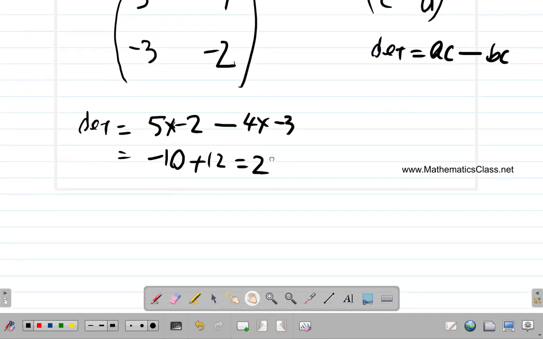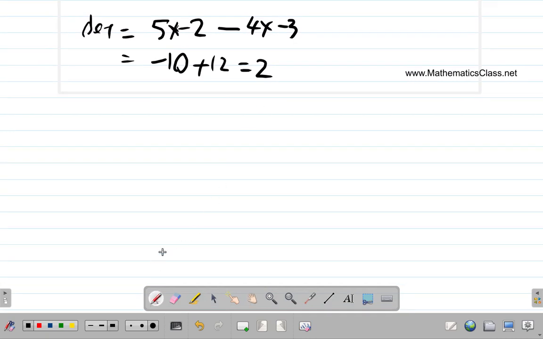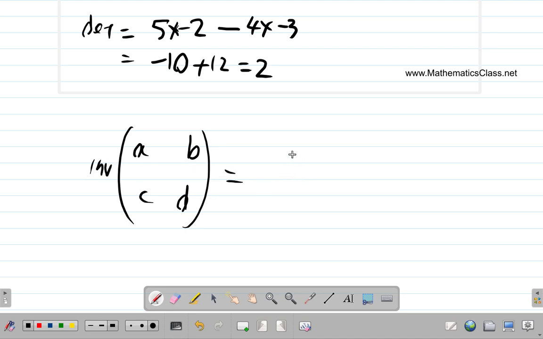Now generally, the inverse of A, B, C, D is equal to 1 divided by the determinant AD minus BC, as we saw a while ago,